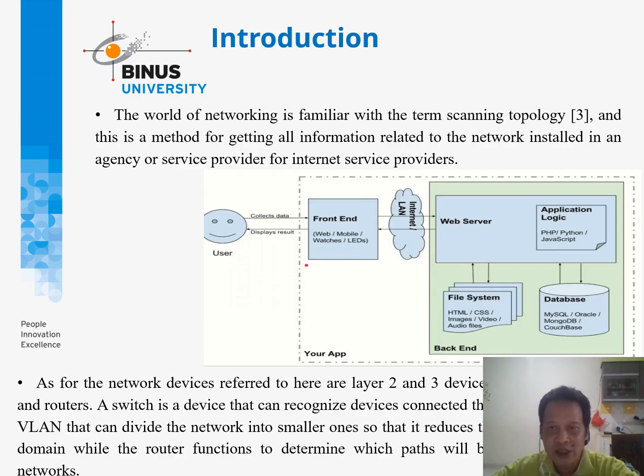If we look at this picture, as seen in this figure, there is the front end, which is related to the user, and the back end as server side processing. This is the front end, this is the back end. The front end connects with the user through the browser, for example using HTML, JavaScript, CSS, applications that run in the browser in the position of client. On the other hand, this is the back end.